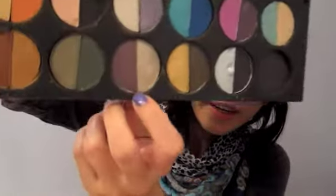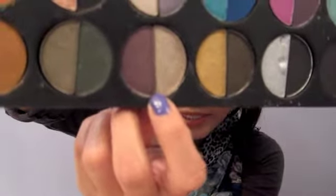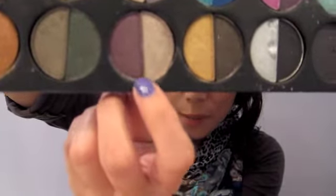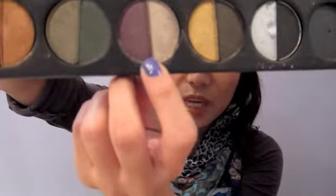So the first one is in my palette that I actually depotted and put in. I'm sorry if it looks dirty and stuff, but it's been used. This one right here is Gilded, and it looks plummy purplish, and then the next one is silver, but it's a really pretty color on the eyelids, and it doesn't look plummy on the eyelids at all. It looks kind of charcoal-ish. I think it's beautiful. I really like it. It's one of my favorite L'Oreal Hip Duos. My other favorite is,